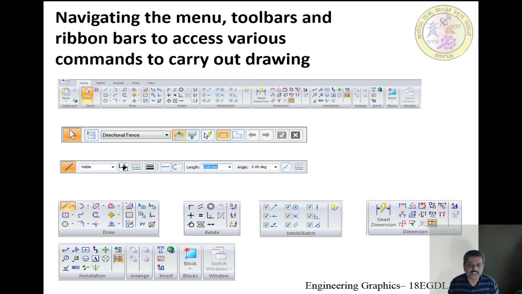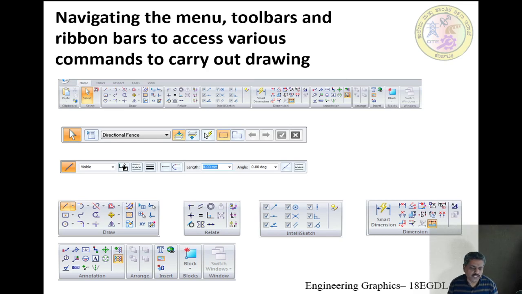Anyway, the IntelliSketch is another wonderful usage where you want to access a particular point on the entities, whether the end point or the midpoint or any point on the curve or a line, or you want to pick an intersecting point or the center of the circle, or parallel to an existing entity, or perpendicular, or an extended portion or a tangential line, like that. So much help is given to draw what you want, with ease. That is the nature of the software.